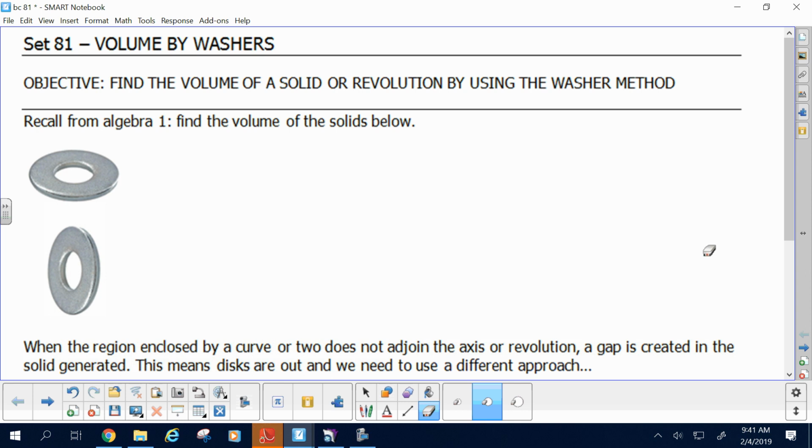Today is volume by washers. If you're good with volume by discs, then this will build off of that. If you're not good with volume by discs, you should come in, because this is going to make things even a little more complicated. Let's go back to Algebra 1. First and foremost,